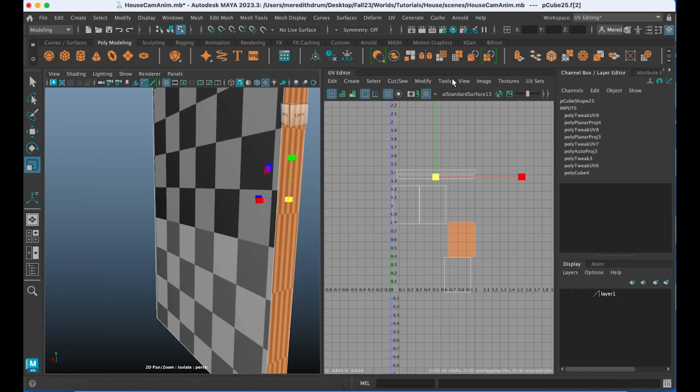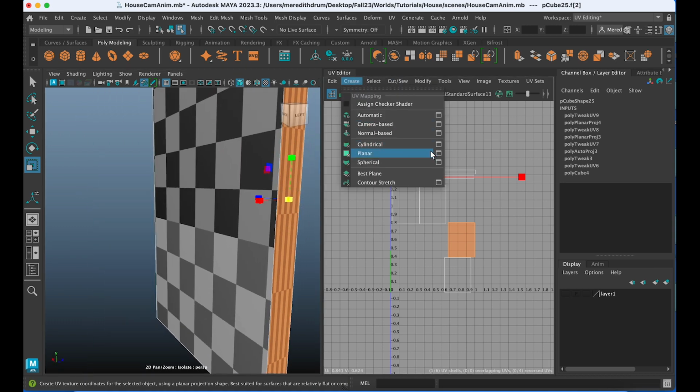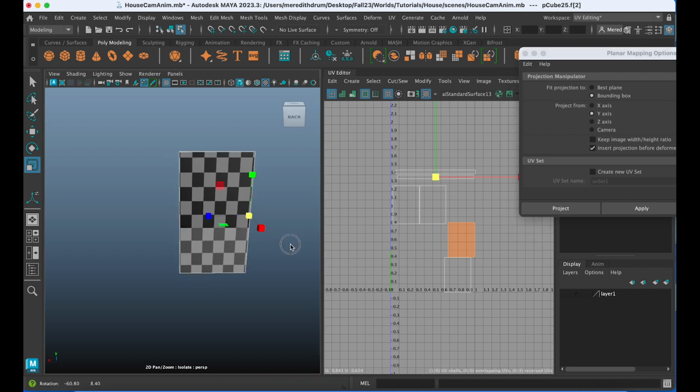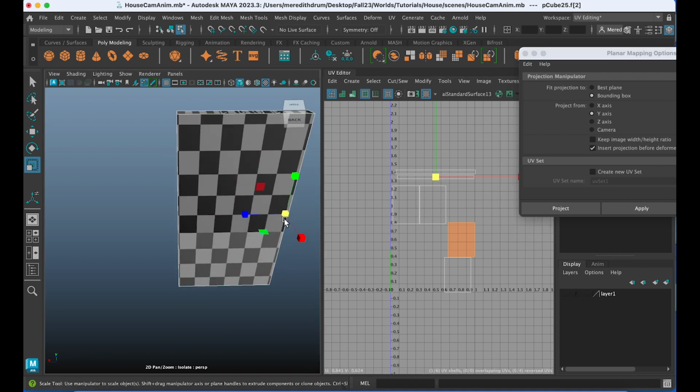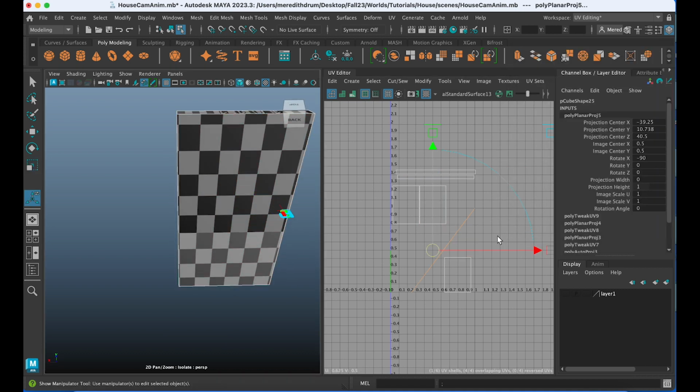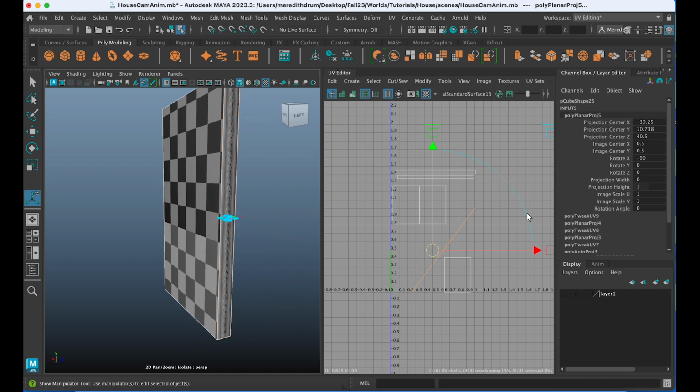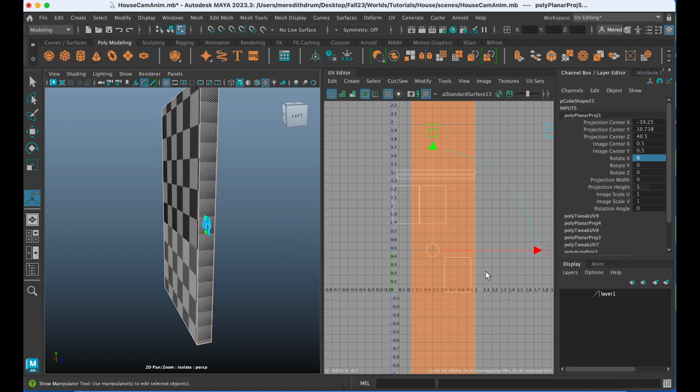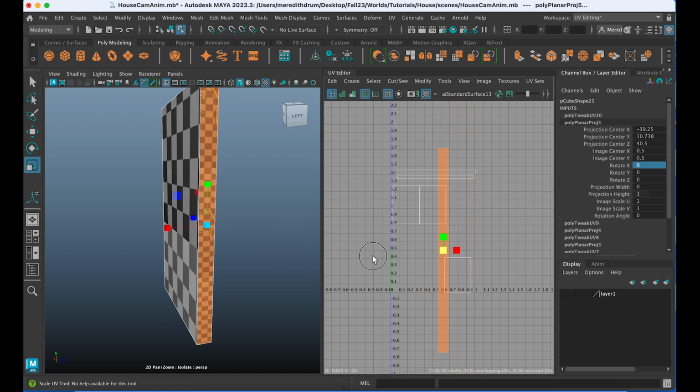Then with the sides, the only difference is the direction of the projection. This time we're going to project in Z because that's where the projector would sit if there was such a thing here. That still doesn't look right, so let's take a look at where that is rotated. Let's unrotate that. Still looks a little odd, doesn't it? So let's scale it way down.